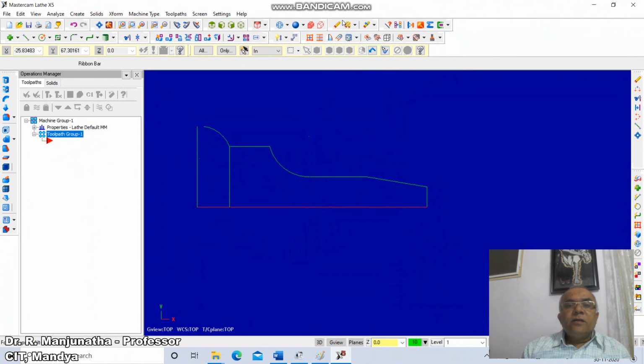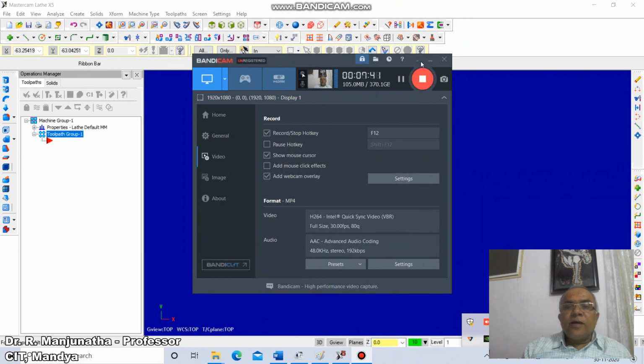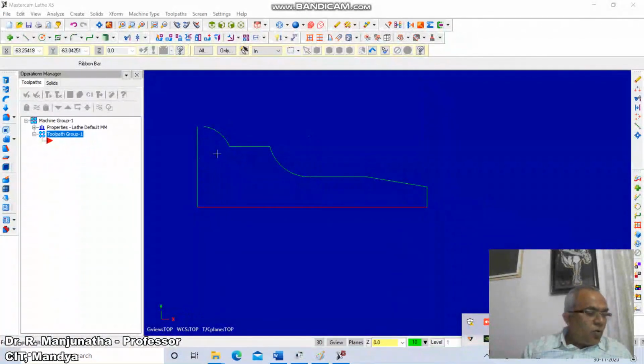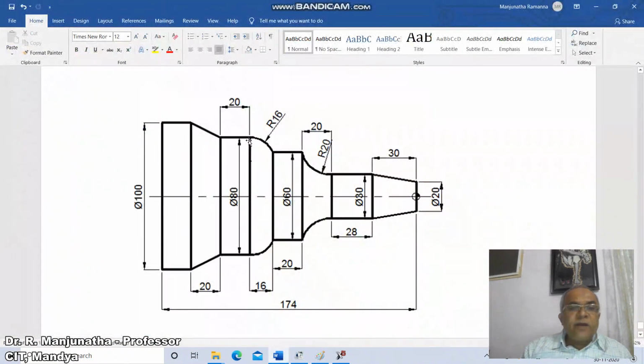So here again, erase: click on this and delete it. Now from here we have again offset. What we have done is come down till here, and again you have to take 20.